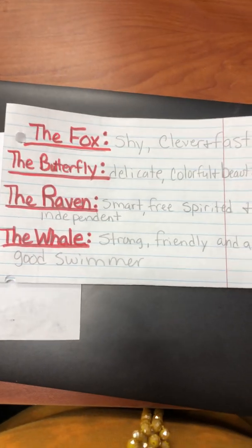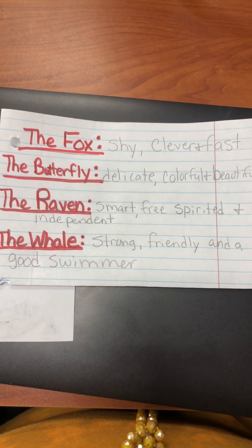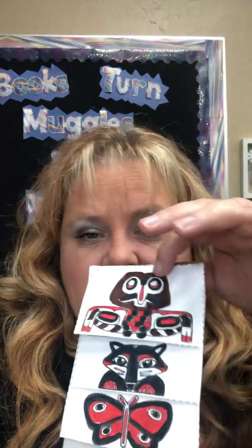So if you need to pause that when you do this assignment, I'm going to put that just like that. I will probably put a picture of that on Google Classroom for you. So what you're going to do is each one of these characters, so when you get to the raven, you're going to think about someone you know that is like the raven, which is smart, free-spirited, and independent. So you're going to write who you think is like the raven underneath the raven, and then write why you think they're like the raven, according to those character traits that are what the Tlingit Indians use to represent these